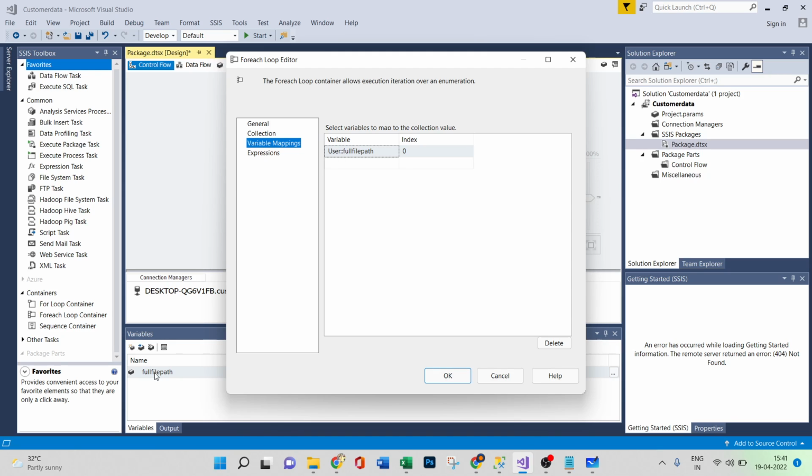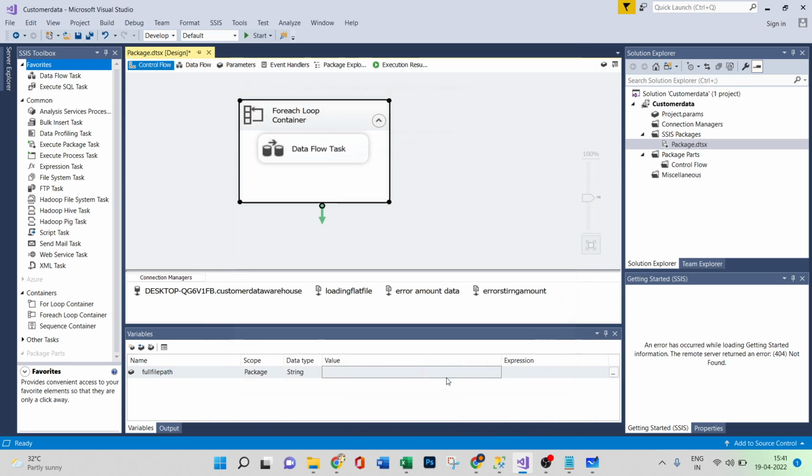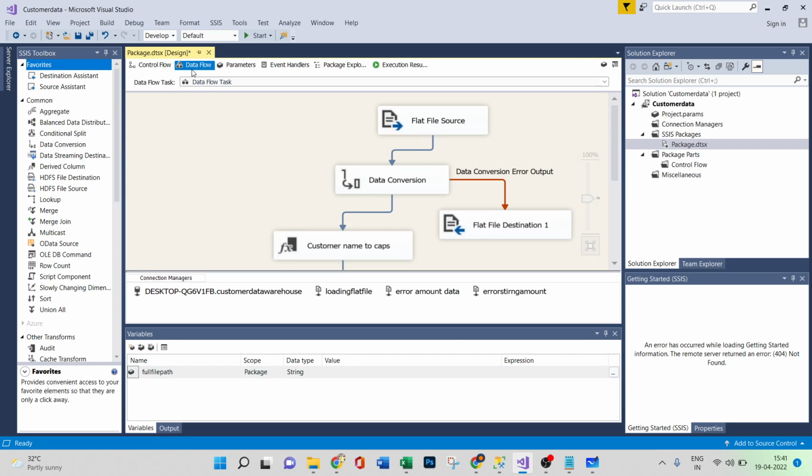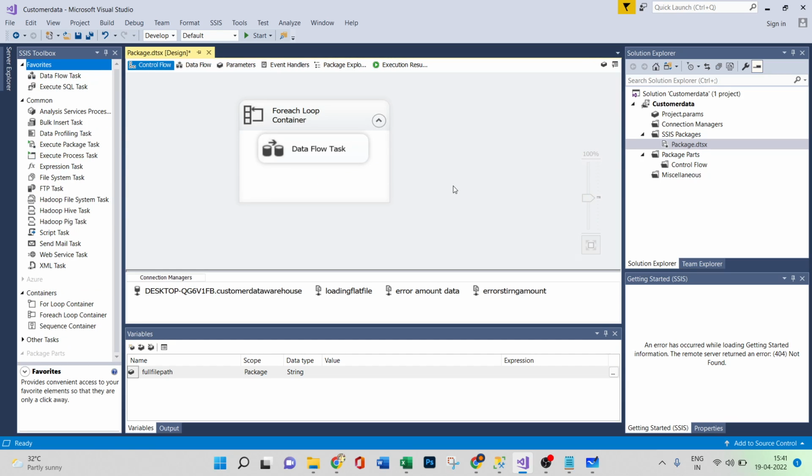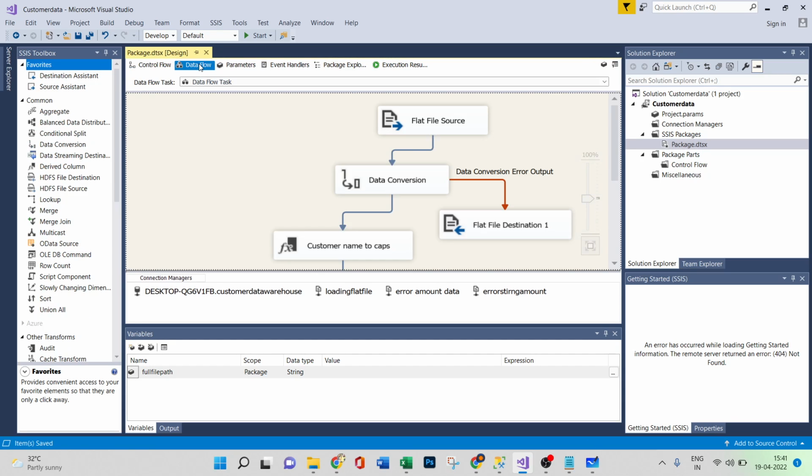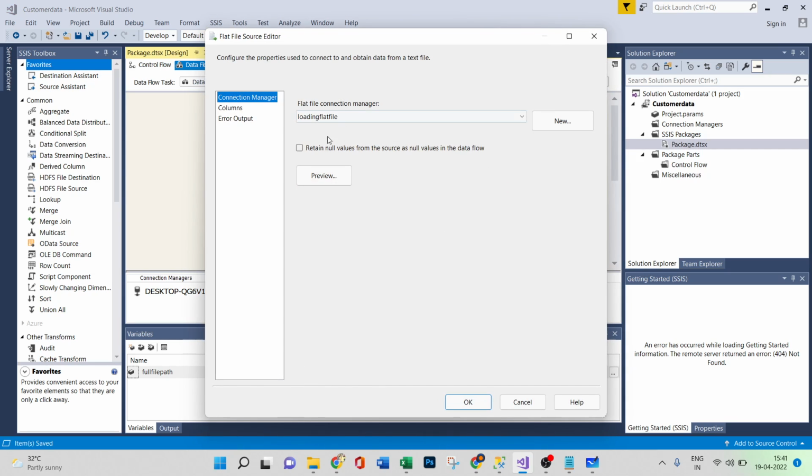What is the variable now? The full path, right? This is the full path I'm passing. I'll click OK. So this part is done. Now I'll go to the control flow, and do Ctrl+S. Okay, so now if I go to the data flow, you can see